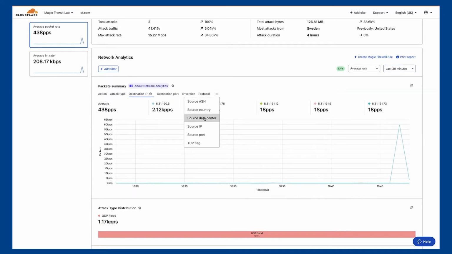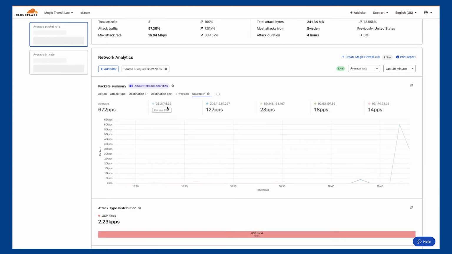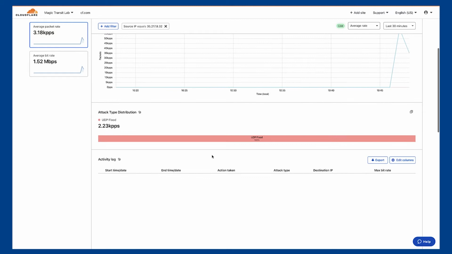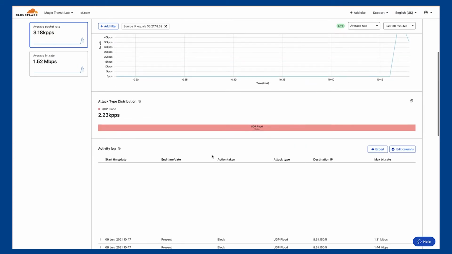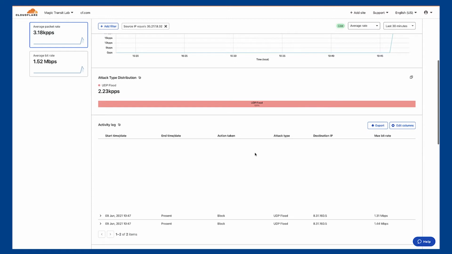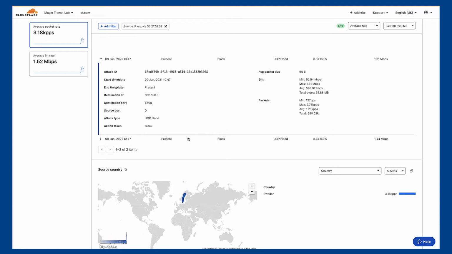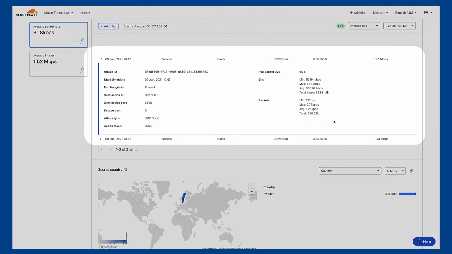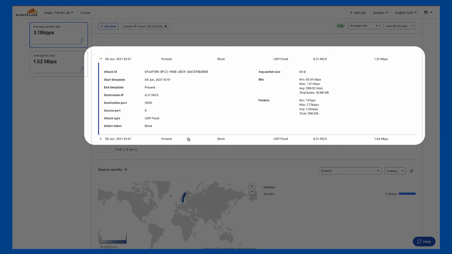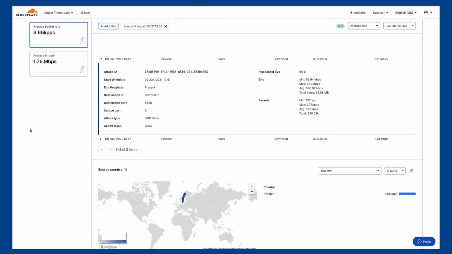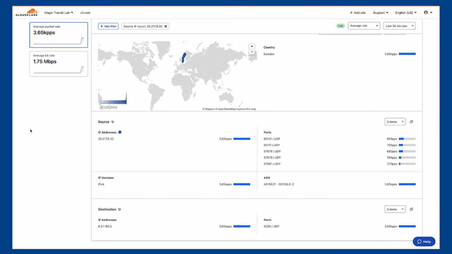If we move down and filter on the source IP for the attack, we can see it matches our testing endpoint and you can see the corresponding spike in the volume of packets. Moving further down, we can get some more details about the attack. We can clearly see that it is in fact a UDP flood, and if we expand the activity log, we have lots of information about this UDP flood. We see the destination IPs it is attempting to attack and the port. We also see the volume of the data and packets as well as start and end times of this specific attack. The dashboard will also show us originating geolocation as well as ASN.